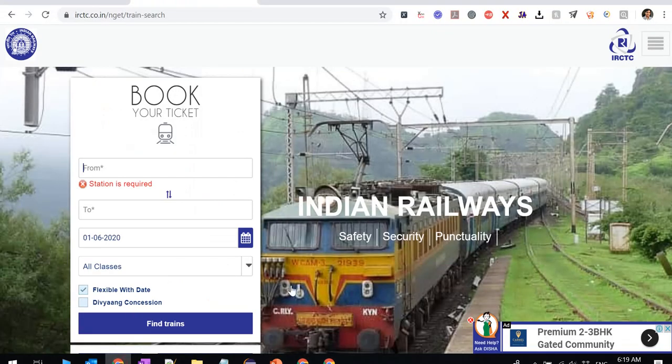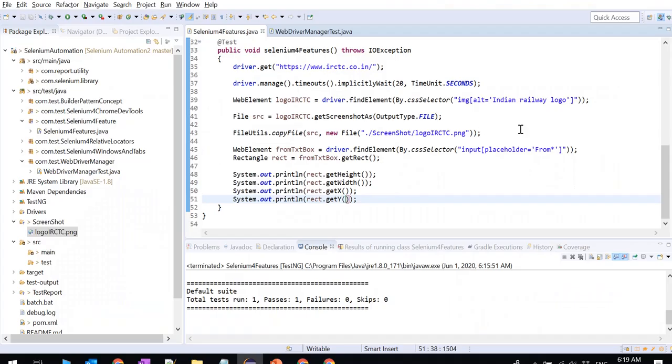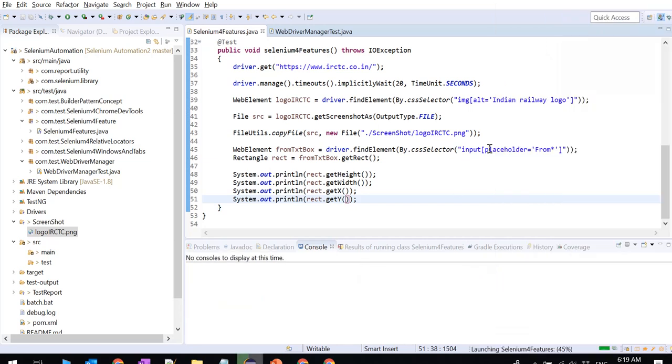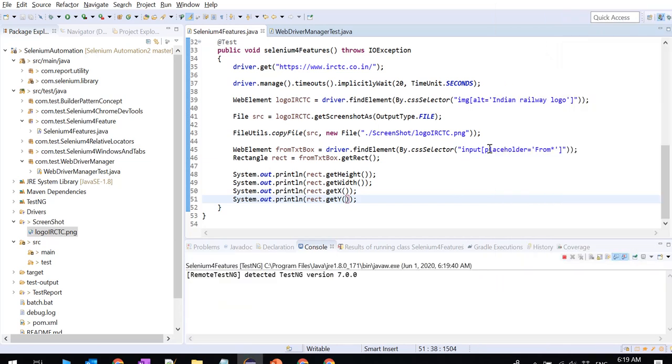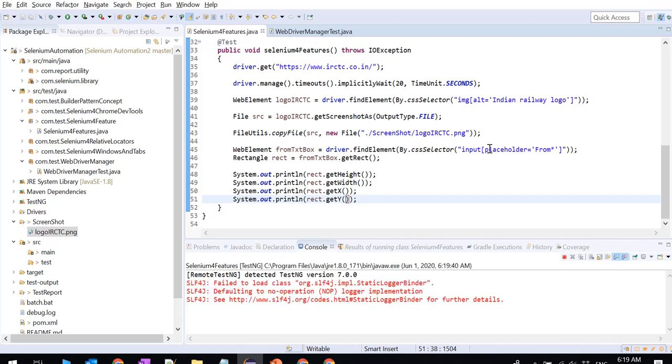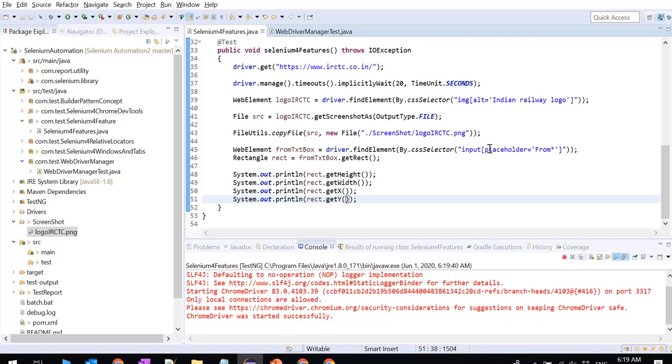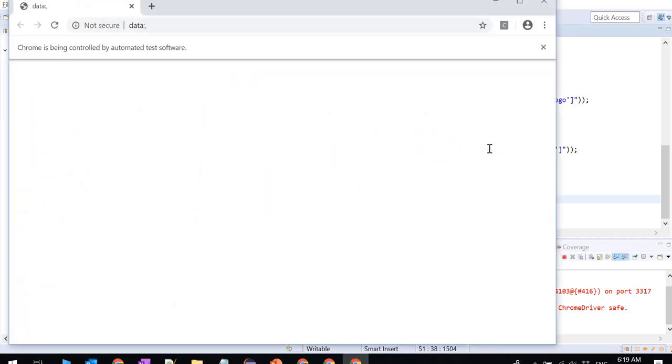So it is going to open this web page, and first it will capture this logo. Then it will capture the height, width, x coordinate and y coordinate. Let me execute. The browser is opening.